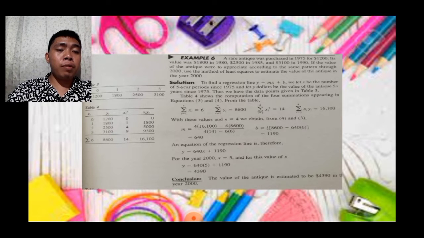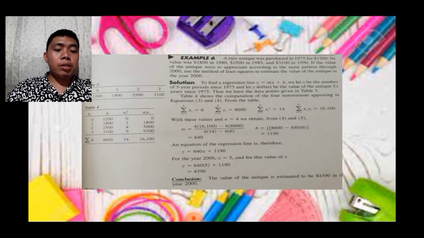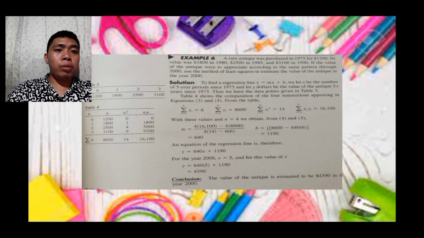And summation of x sub i y sub i is equal to 16,100. With these values and n equal to 4, we obtain from 4 and 3, m is equal to